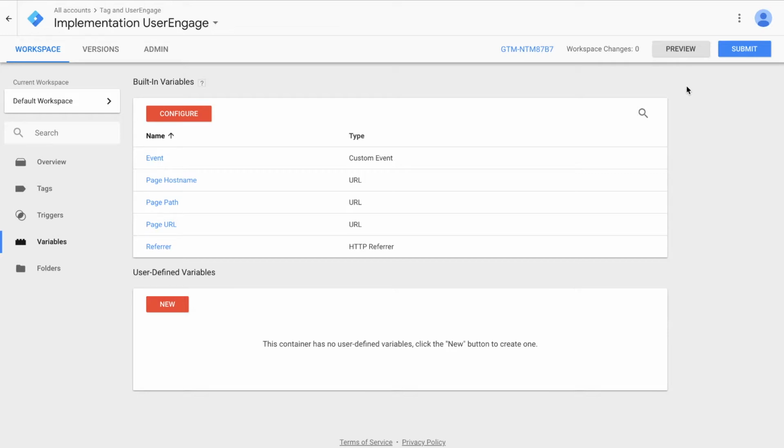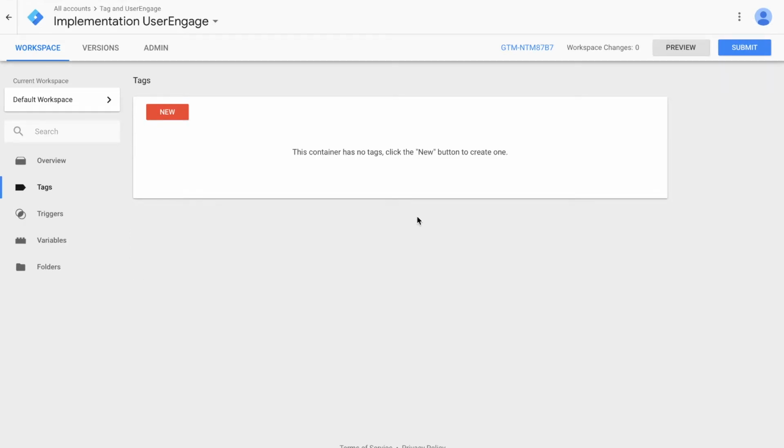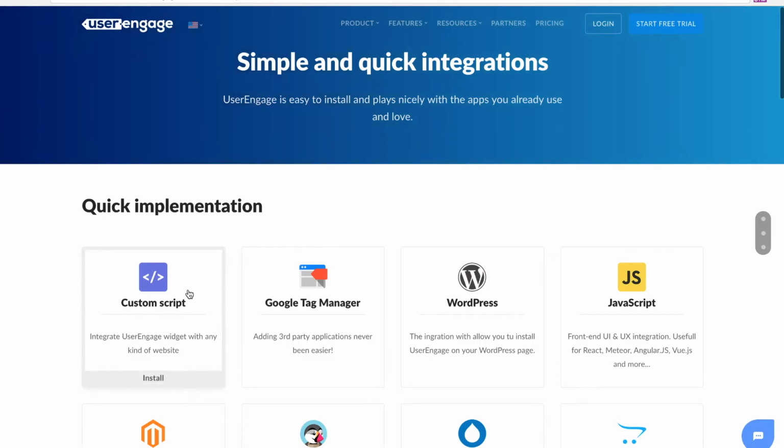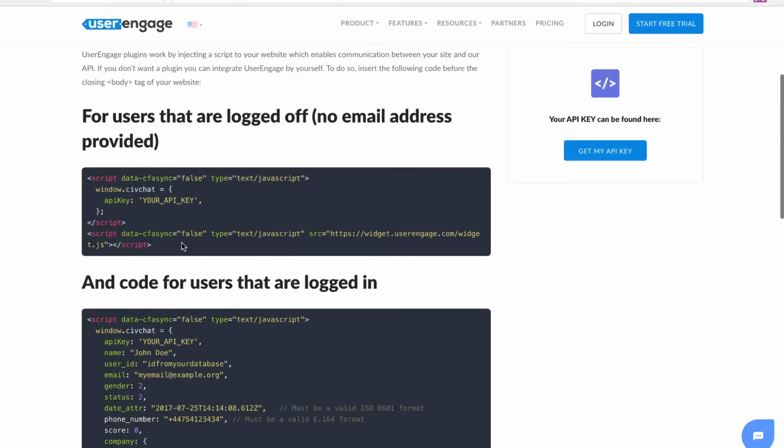All right, so we can start with the implementation. Now we're going to perform the basic implementation of the tool. That means that we're going to paste a basic script of UserEngage on our website. So how do we do that? We go to userengage.com, resources, integrations, then custom script. We copy the script,